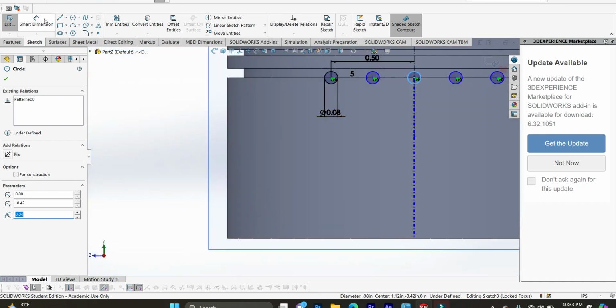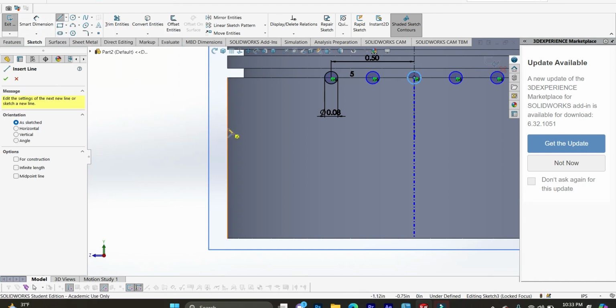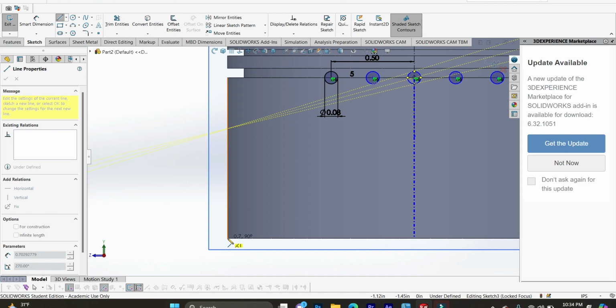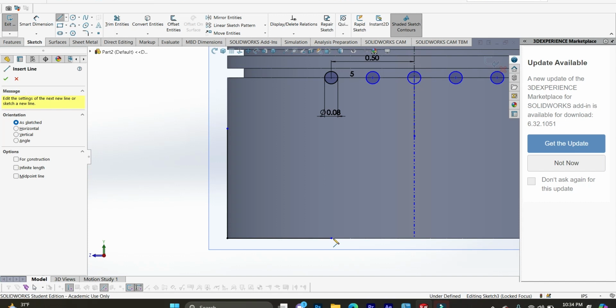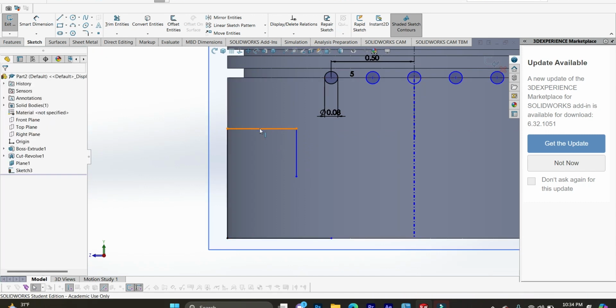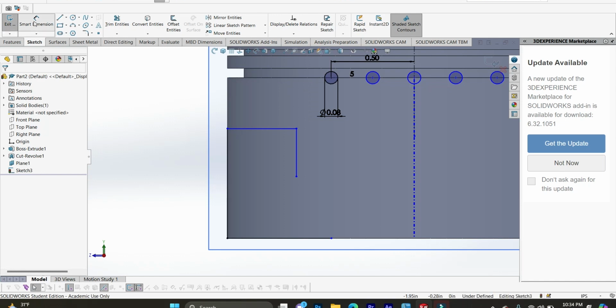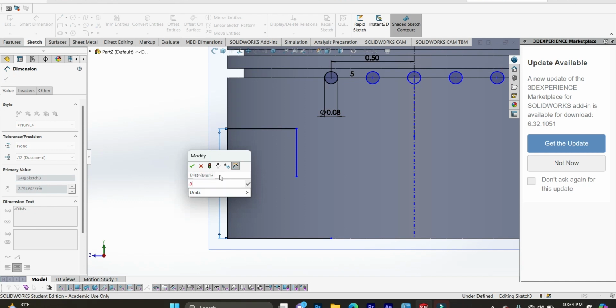Now if you come on the edge of the cube and you select your line tool, enter, escape. Now select your line tool again, then come to the top, then let's make this one horizontal. Yep. Okay, smart dimension, this line is 0.9 inches,